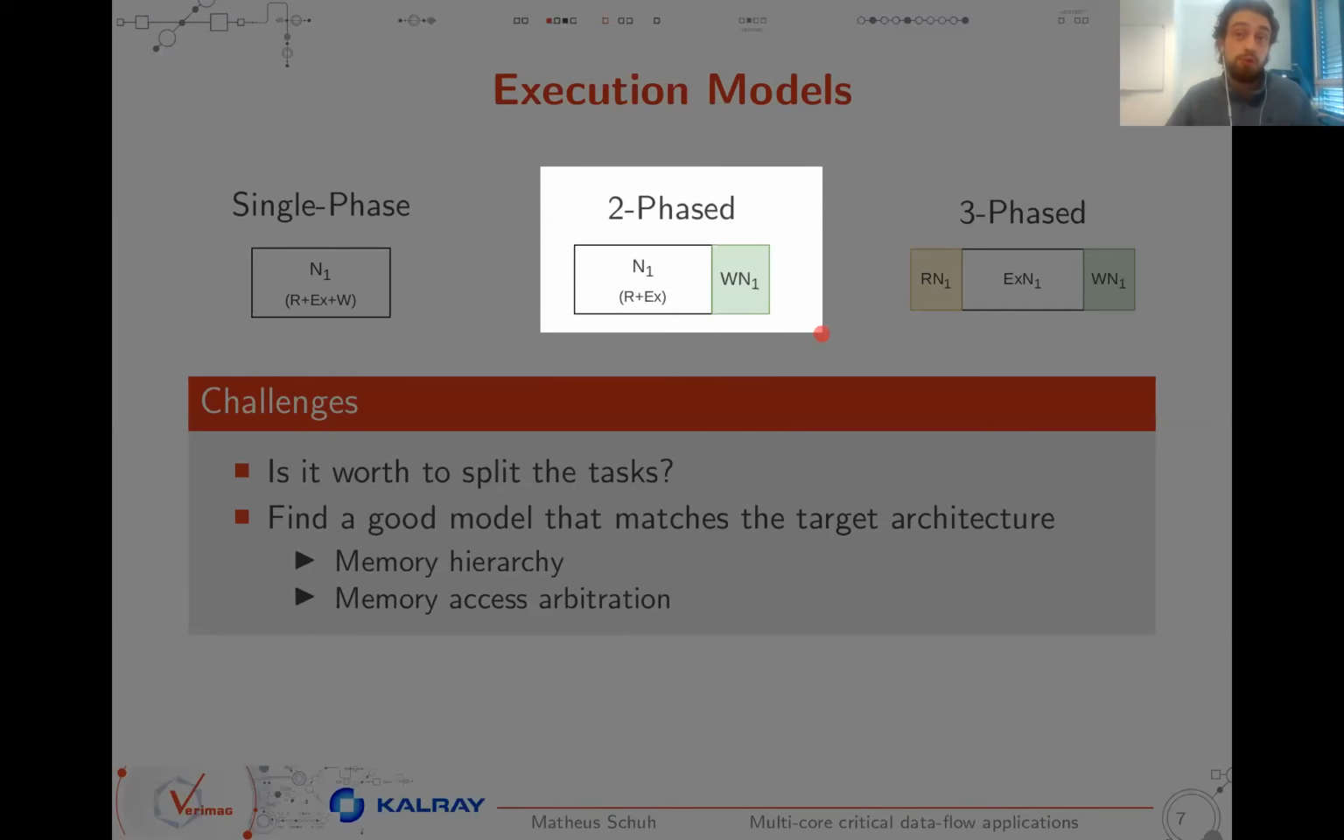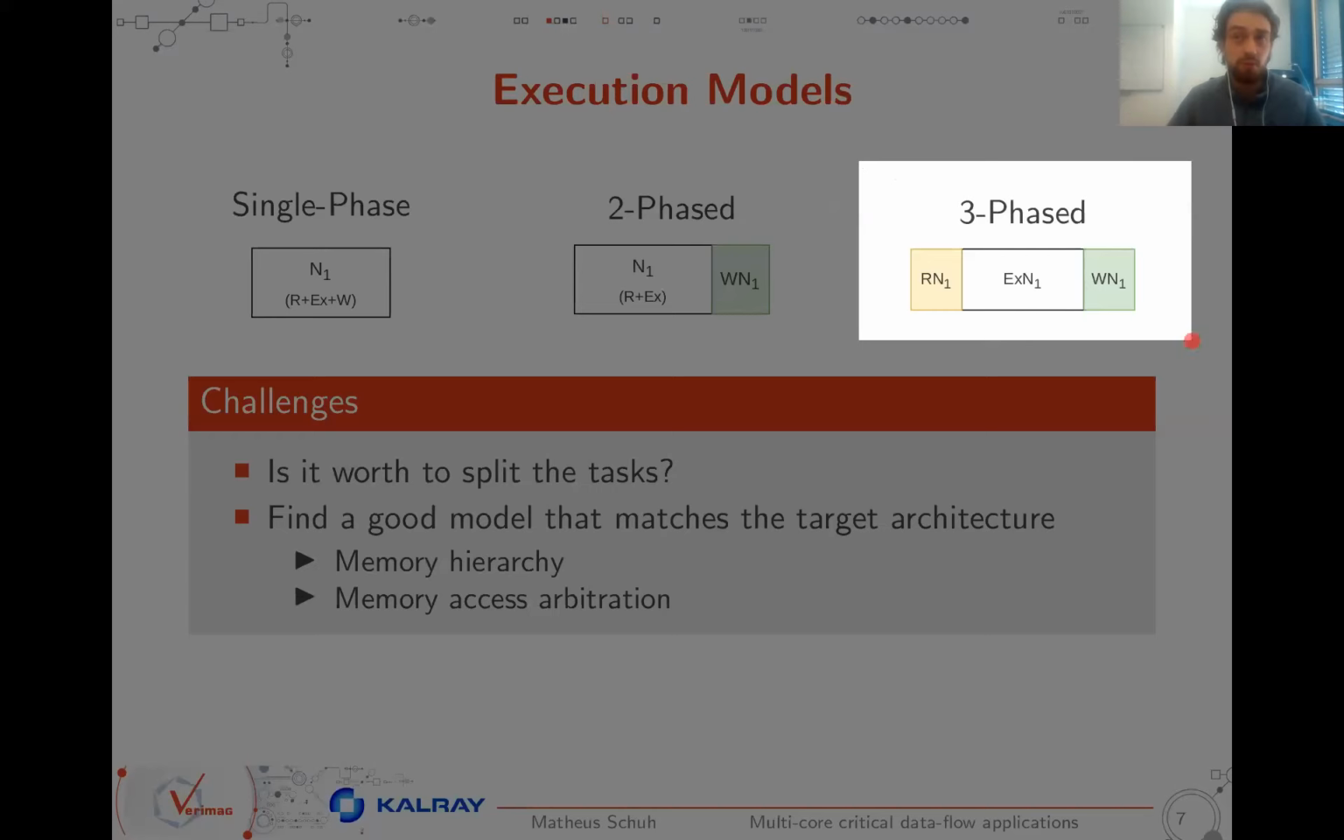Then a two-phased approach where we decouple the write phase from the node and generate an additional job called write N1. And a three-phased approach where we decouple the read and the write phases, which are basically the phases that interact with the memory, and the execute phase of the node. And one can be executed in complete isolation. For example, if we have an architecture that provides memory privatization features for the data and the code of the